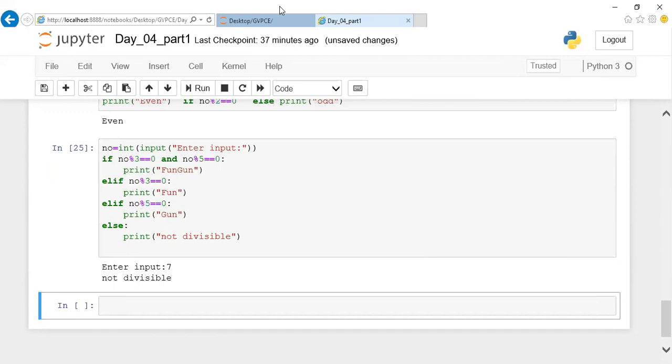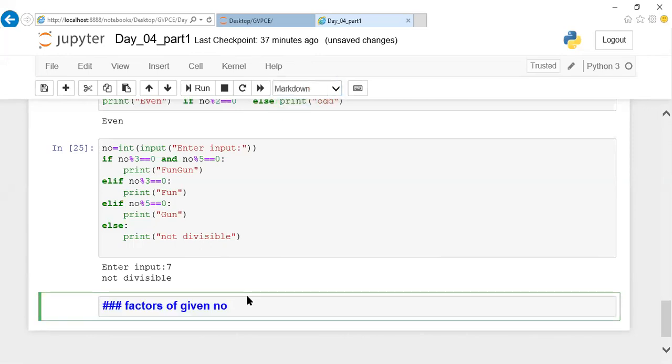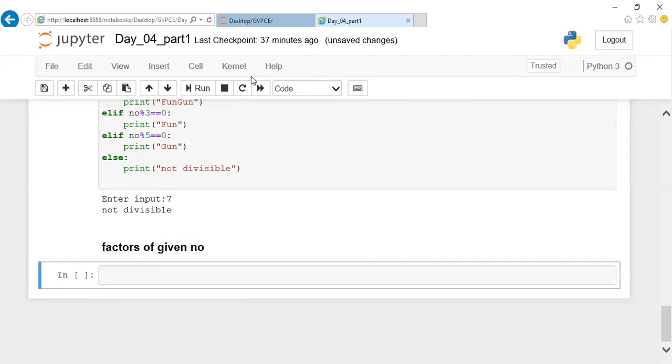Okay, good. I'll give you one more program, guys, using looping. If I want to display the factors of a given number, how will I do it? Guys, this question is very simple, but it has some logic here. Right now I'm going to teach you how to write an efficient program in terms of time complexity. The same program can be written in different approaches, and I'm going to teach you an efficient one. Just listen. Here you're supposed to find the factors of a given number.